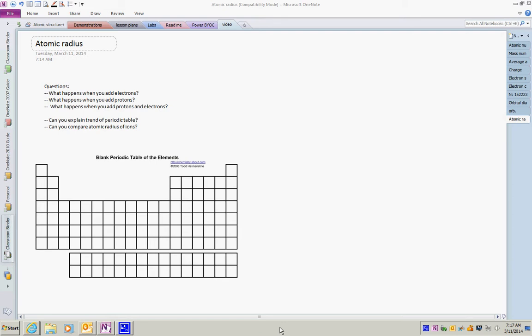Alright, so a couple things here. One, let's take a look at the periodic table. Some of it is more intuitive than others. But what happens as you go down the periodic table? Since the periodic table kind of matches the energy levels, meaning this is the first energy level,